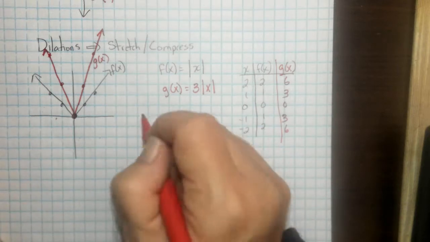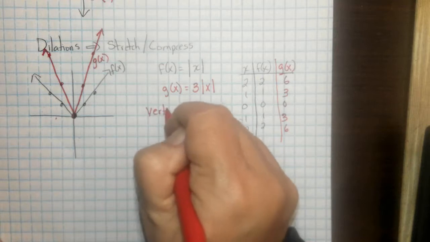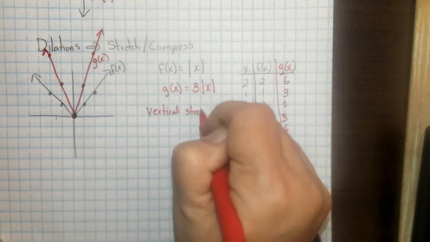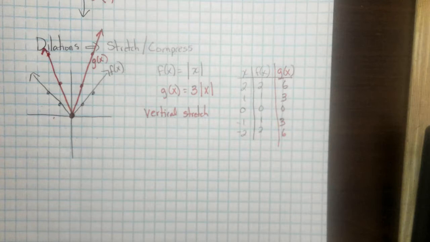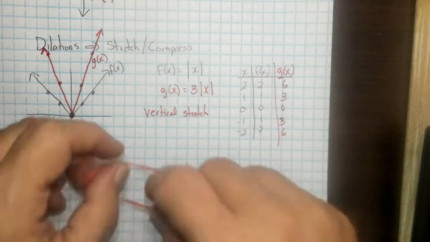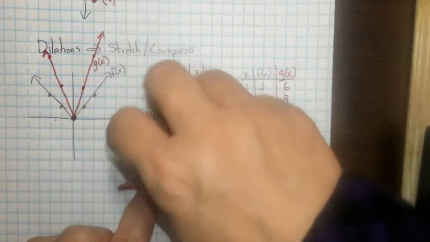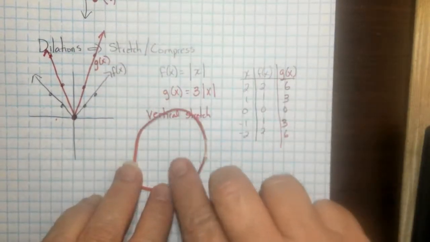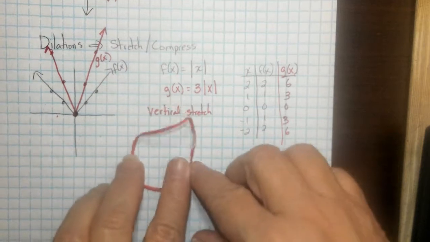So we call this a vertical stretch. And notice it involves multiplication as opposed to addition or subtraction. So we've got a multiplier there. And if you think about rubber bands, because they're something that stretches, if I have a vertical stretch,